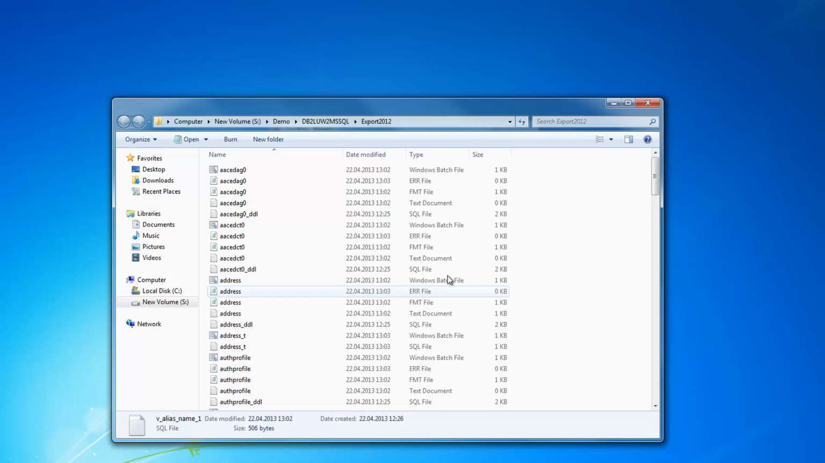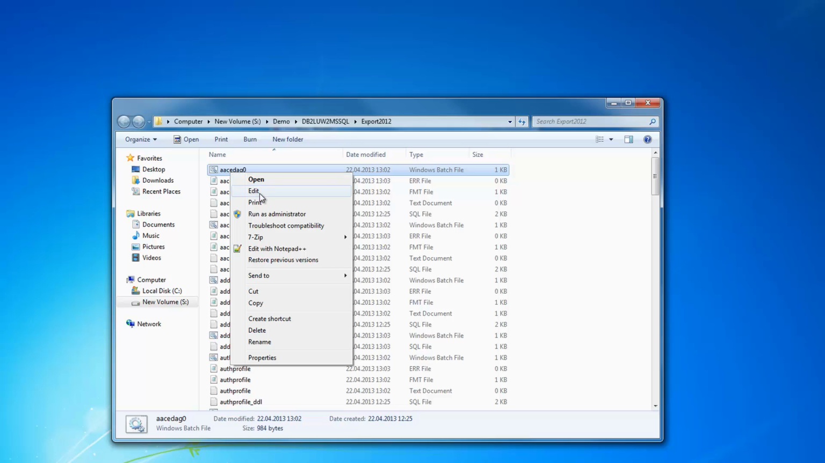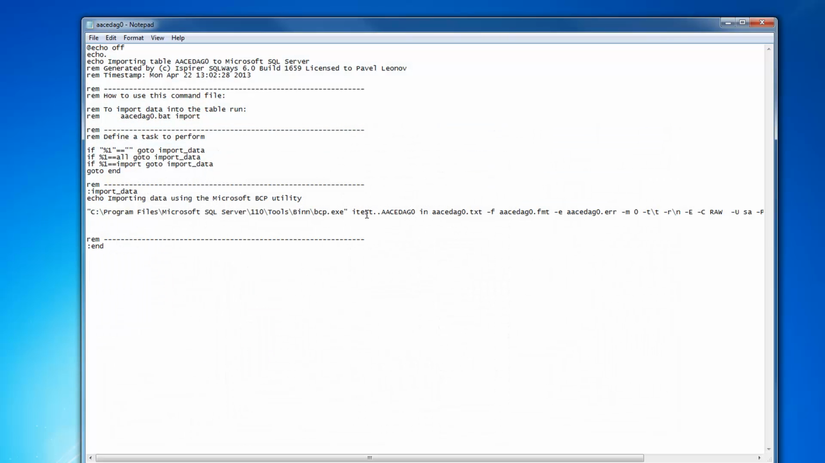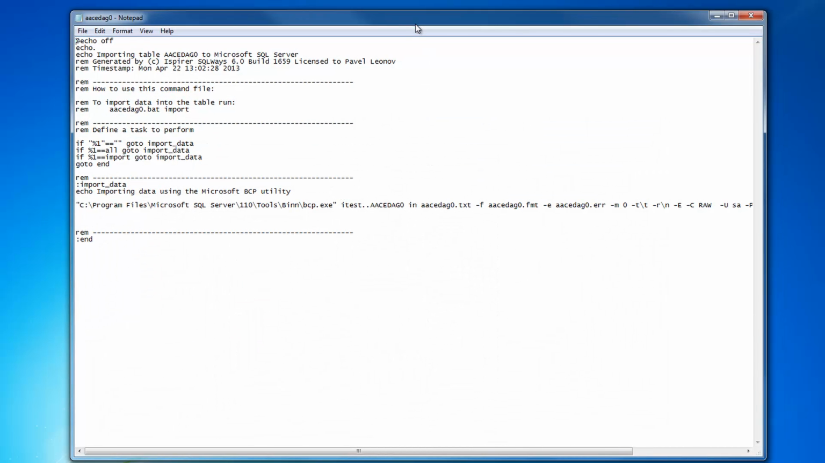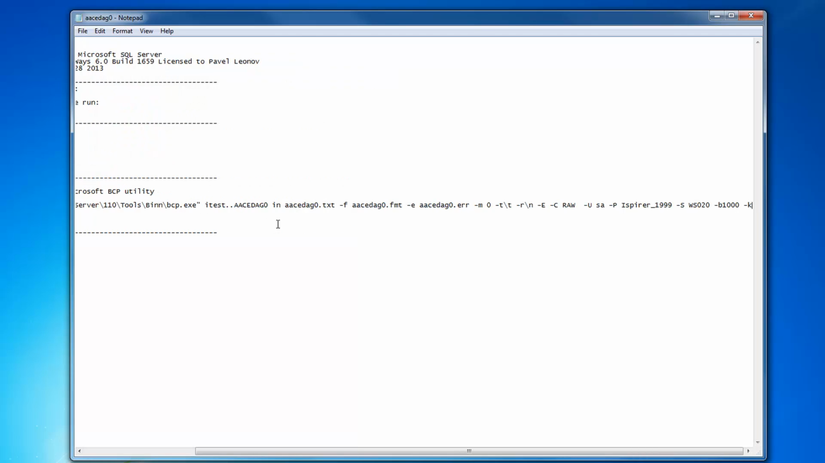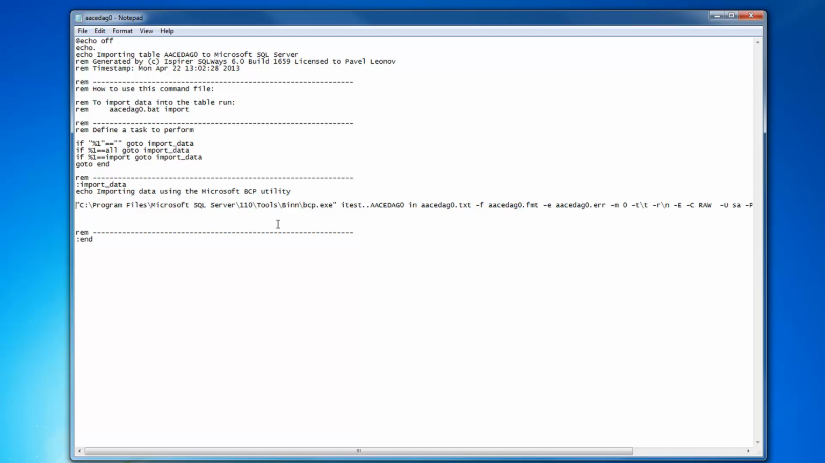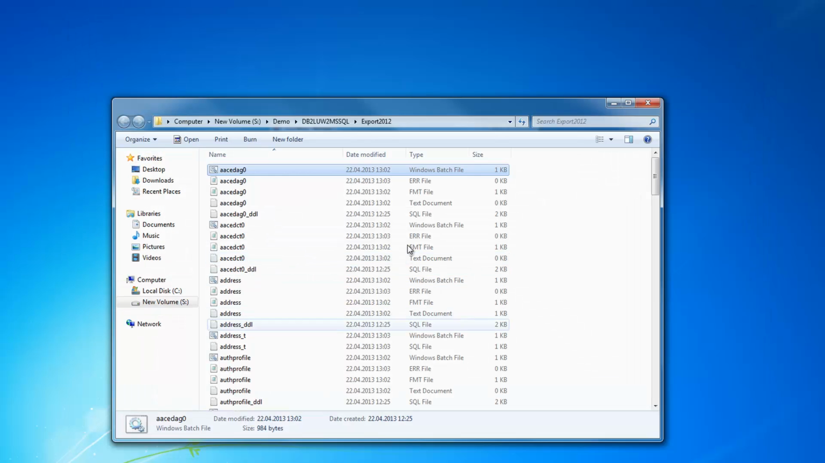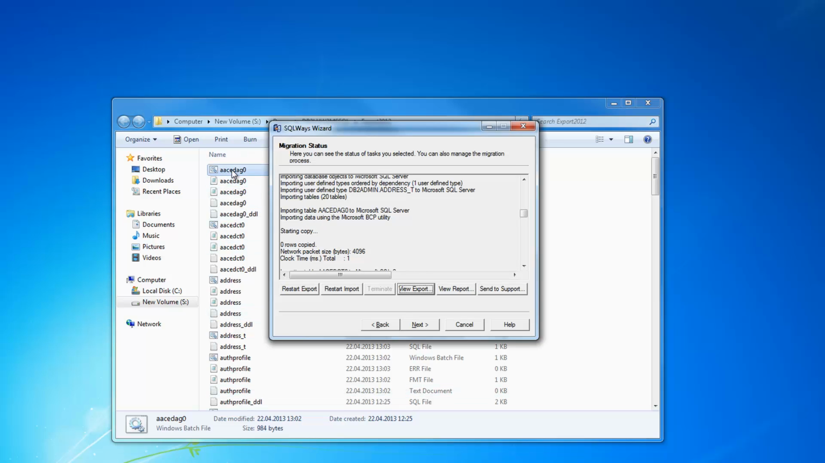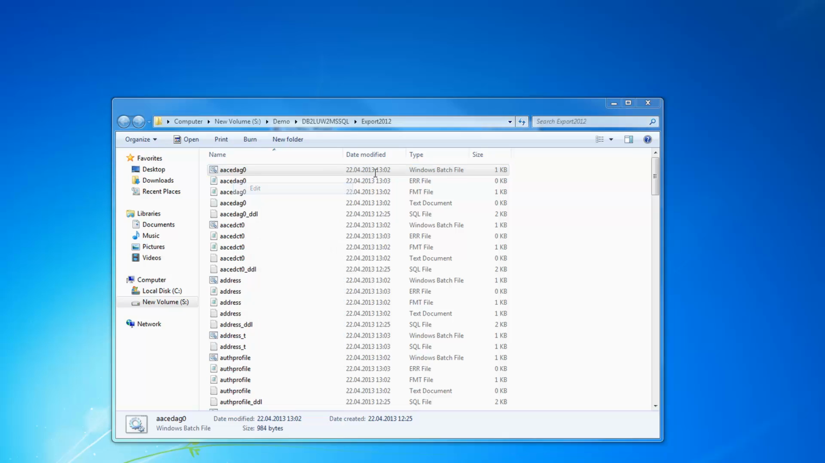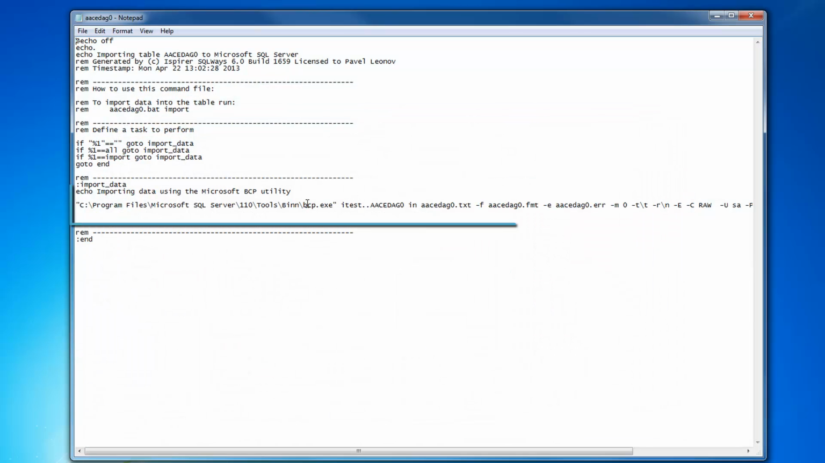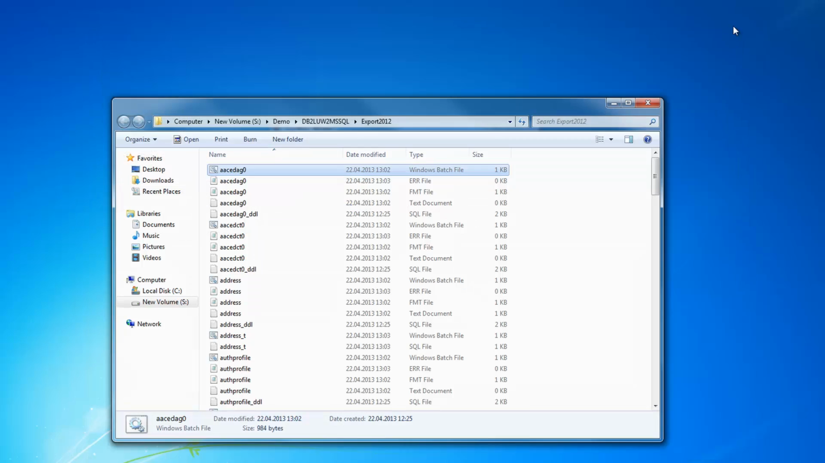Okay, so let's review some information regarding the commands that were generated. You can see, as we are using the convert data only option, only the option for data conversion is provided here. You can see the BCP tool is used only. If you go back